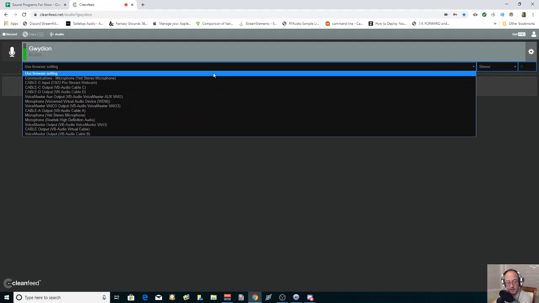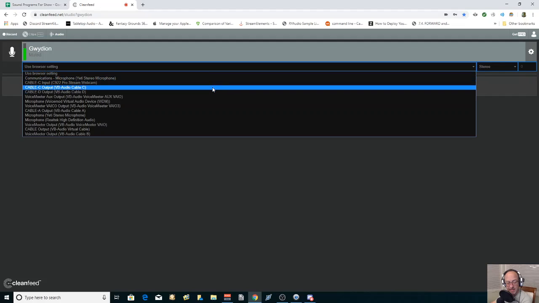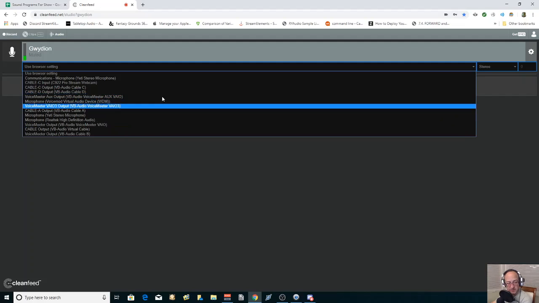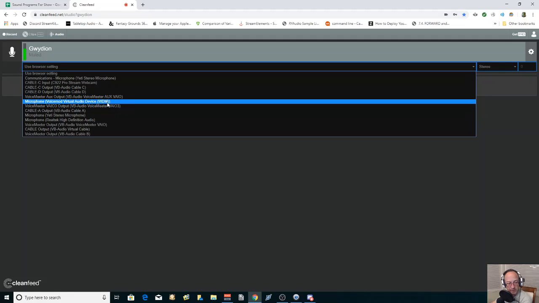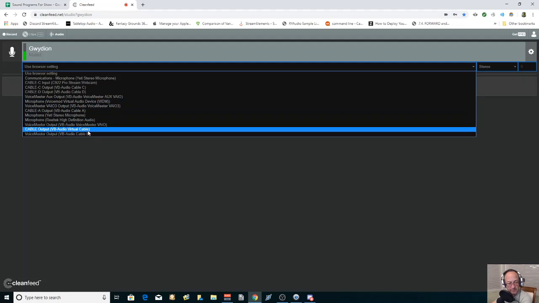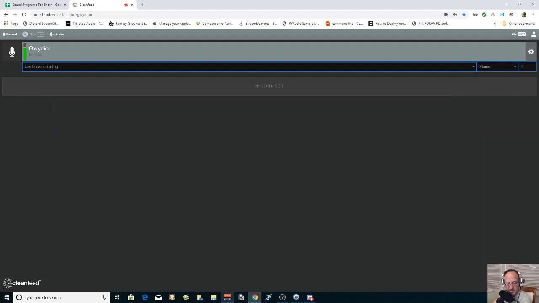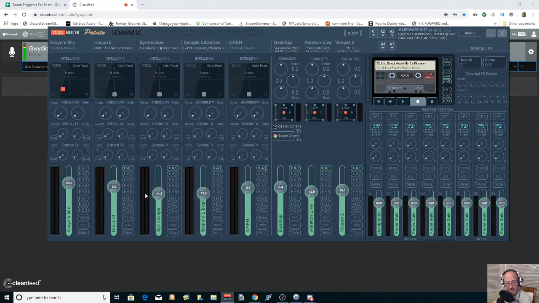If you click on this little gear icon and then you drop down here, what's cool about this is you can send any of your Voicemeeter streams or channels out here. So if I decided to say, hey, I want to send out Voicemeeter input VAIO, where is that? Here it is. So if I clicked on that, and just for a second, if I go back here,